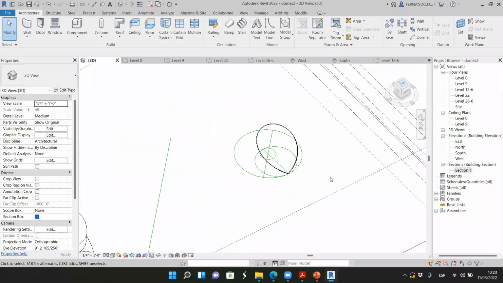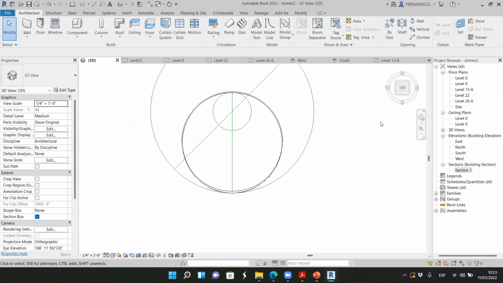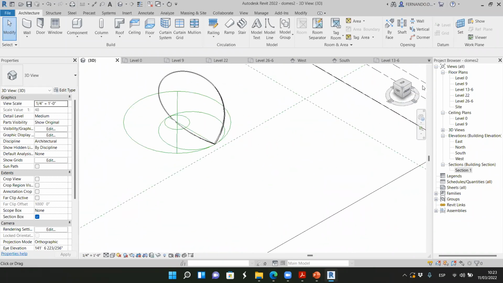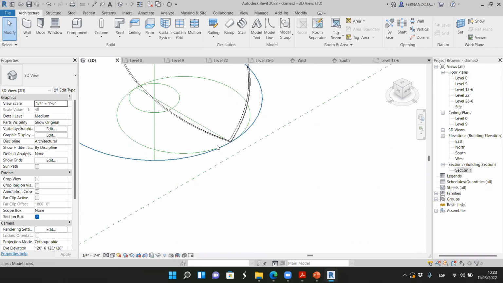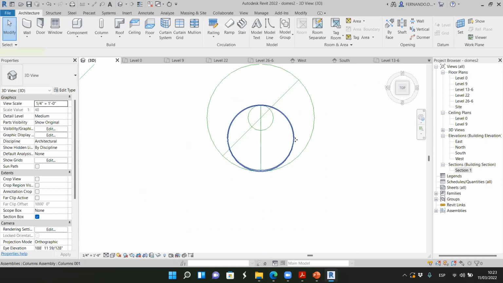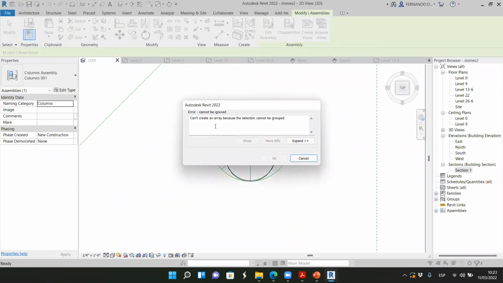But if I go to the top view, from the top view, it's a circle, okay? But it's not a circle at all. It has this sharp angle here, okay? But from the top view, it looks like a circle. So now I select this one. And what tool would I use? I would use array, create an array because